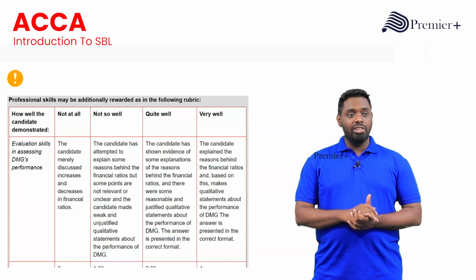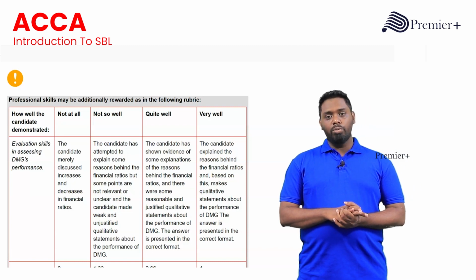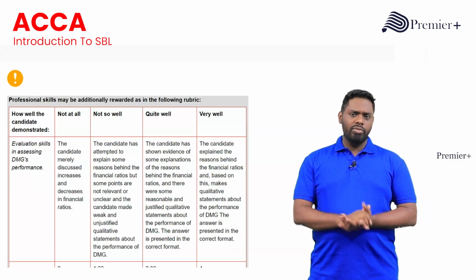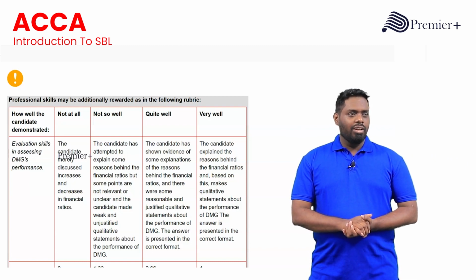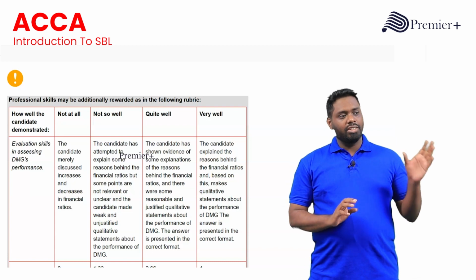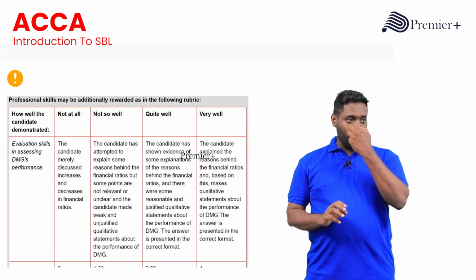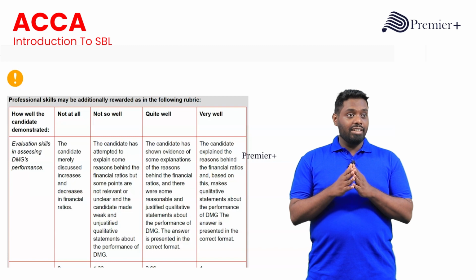1.33 and 2.66, and if you have done very well, you get the whole 4 marks. So proportionately, you get marks. Okay. So as you can see, evaluation skills in assessing DMG's performance. If you have not